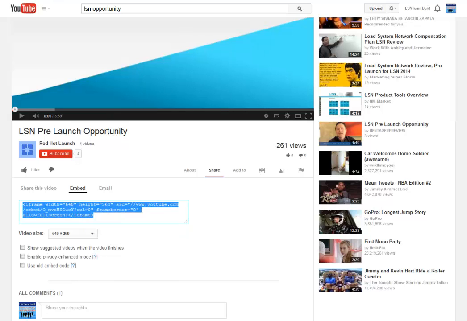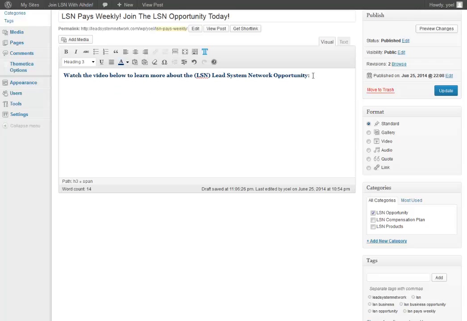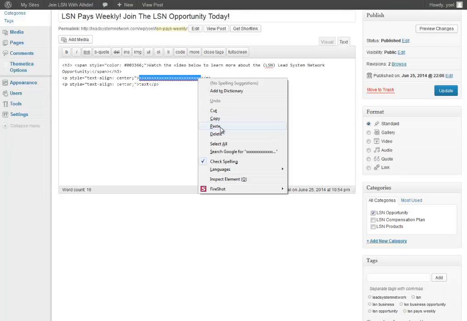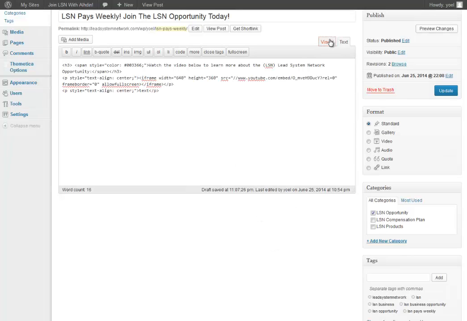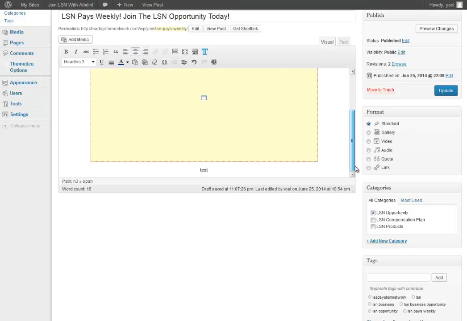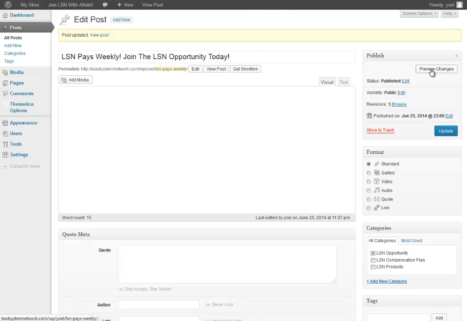So I'm going to copy this, I'm going to go back here, and I usually make an X, make it center, and then I'll put text. The reason why I do this is because I'm going to go here, click on text, and put that code in exactly where the X's are. Okay, so if I click here on visual, I'll be able to see that. I'm going to make this center as well. And I'm going to update this because I want you to see it. So if I click here on preview changes,